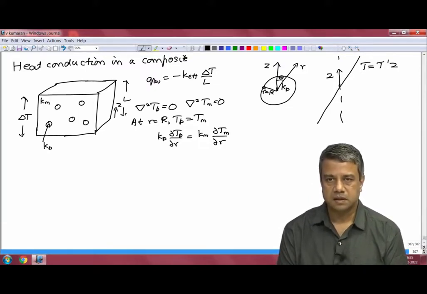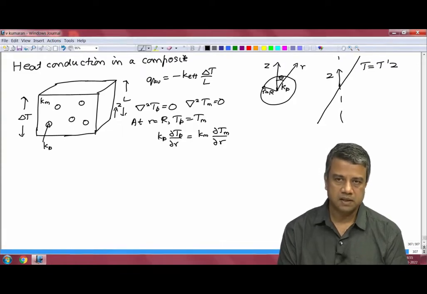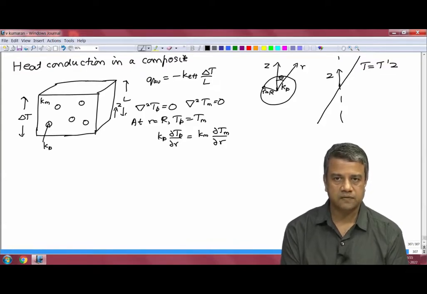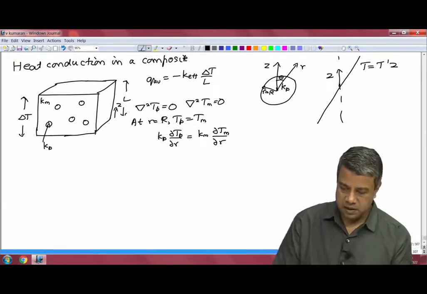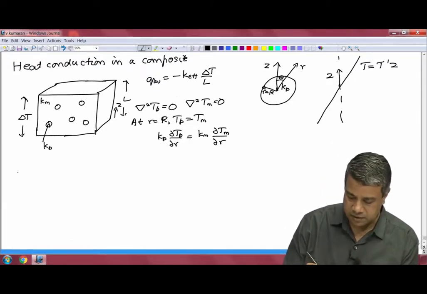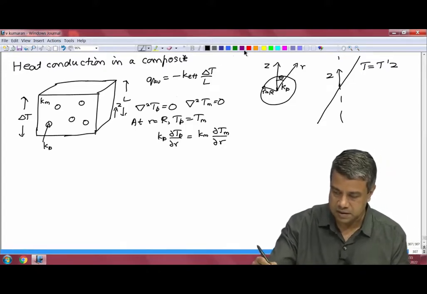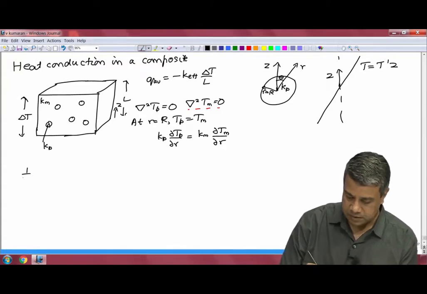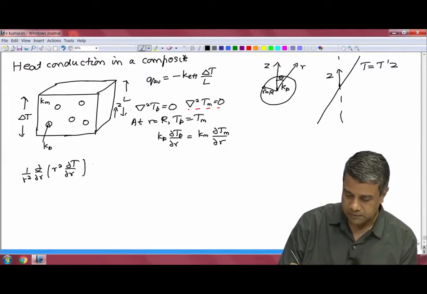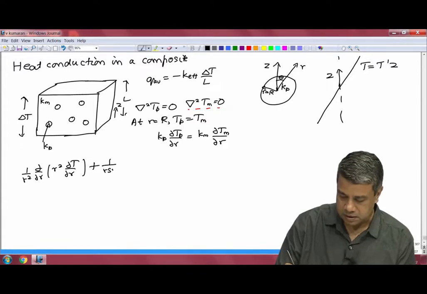This is a problem that is symmetric around the z axis. So, for a given r and theta, if you vary the phi coordinate, the meridional coordinate around the z axis, there is no variation in temperature. And therefore, the Laplace equation for the temperature field was written as 1 by r square d by dr of r square partial T by partial r plus 1 by r square sin theta